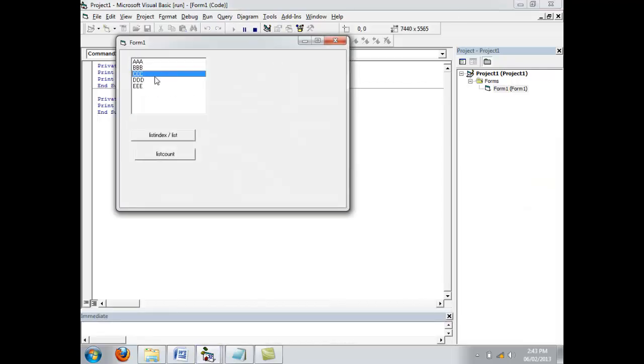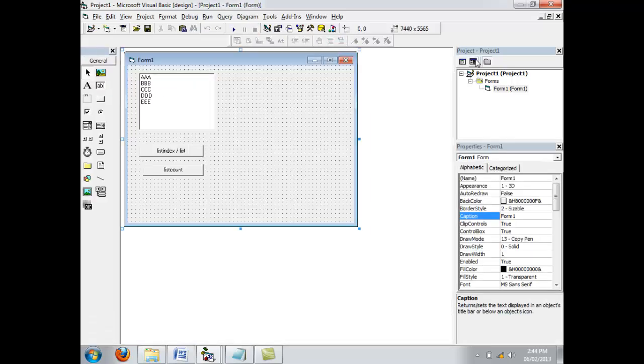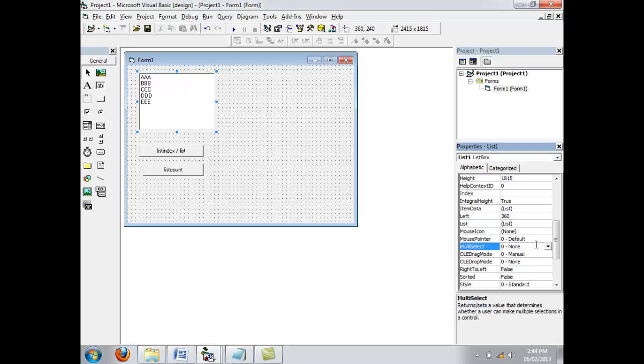So see, now that property is false. So I can select only one item at a time. If I want to select multiple items at a time, what I do is select the list box and go to multi-select. Multi-select 0 means not allowed to do multiple select. If I take it one, simple is the control wala stuff. If you want to select multiple,